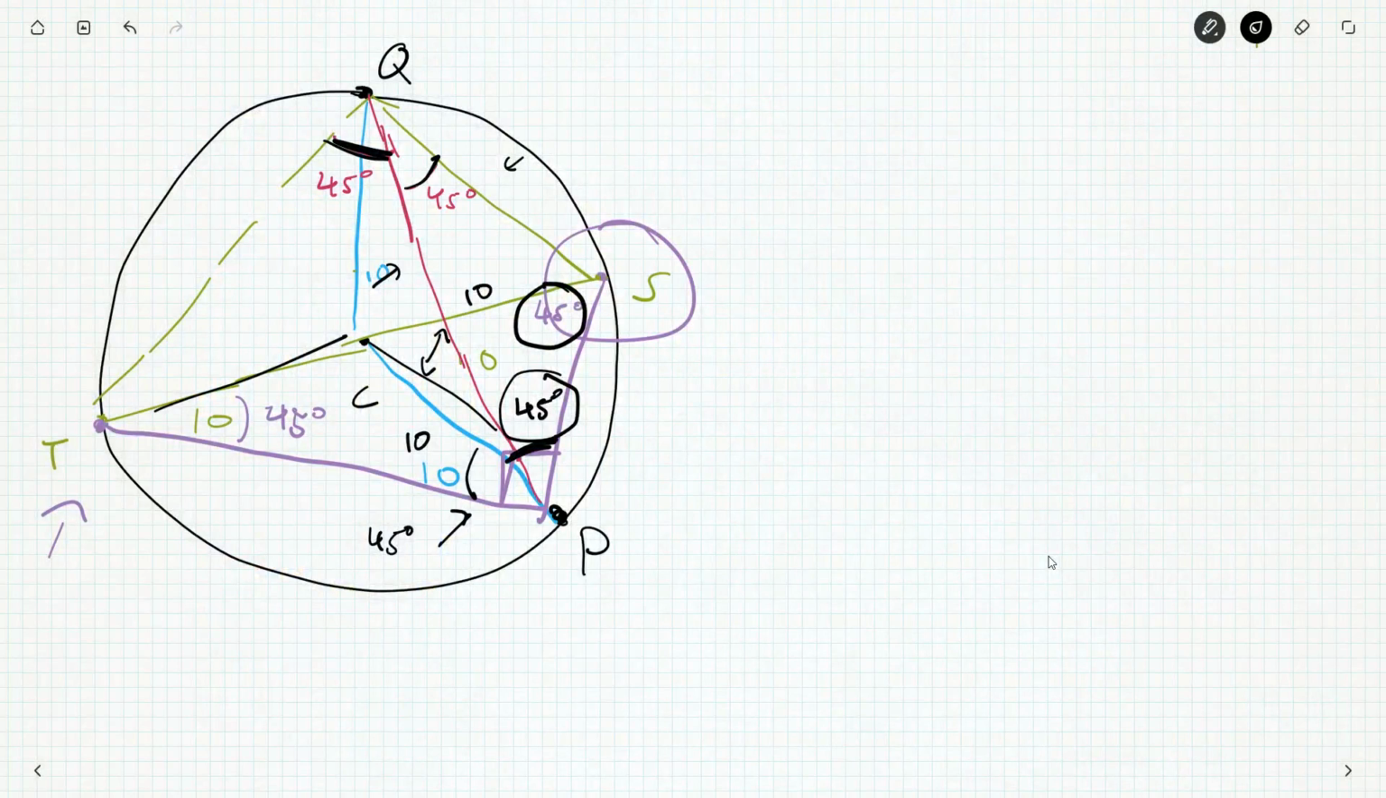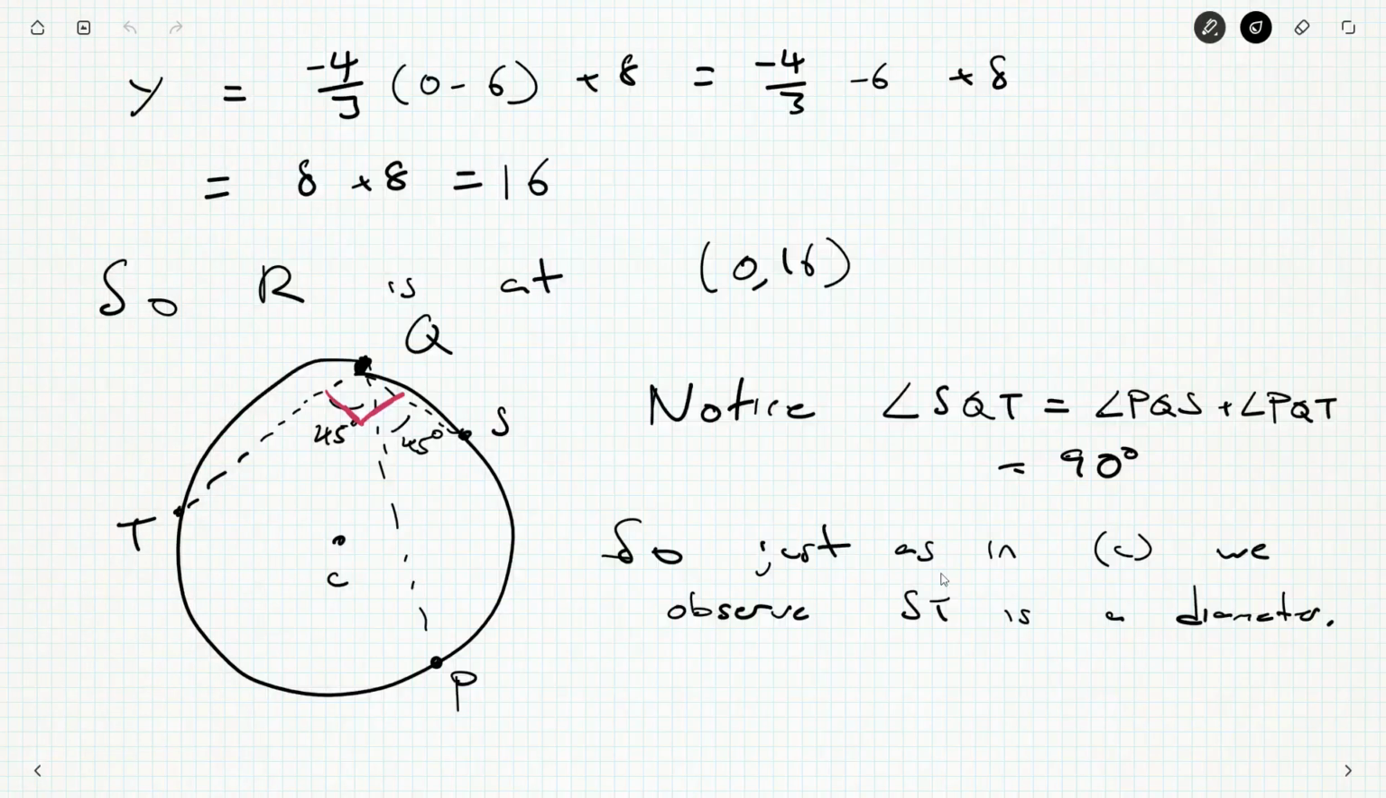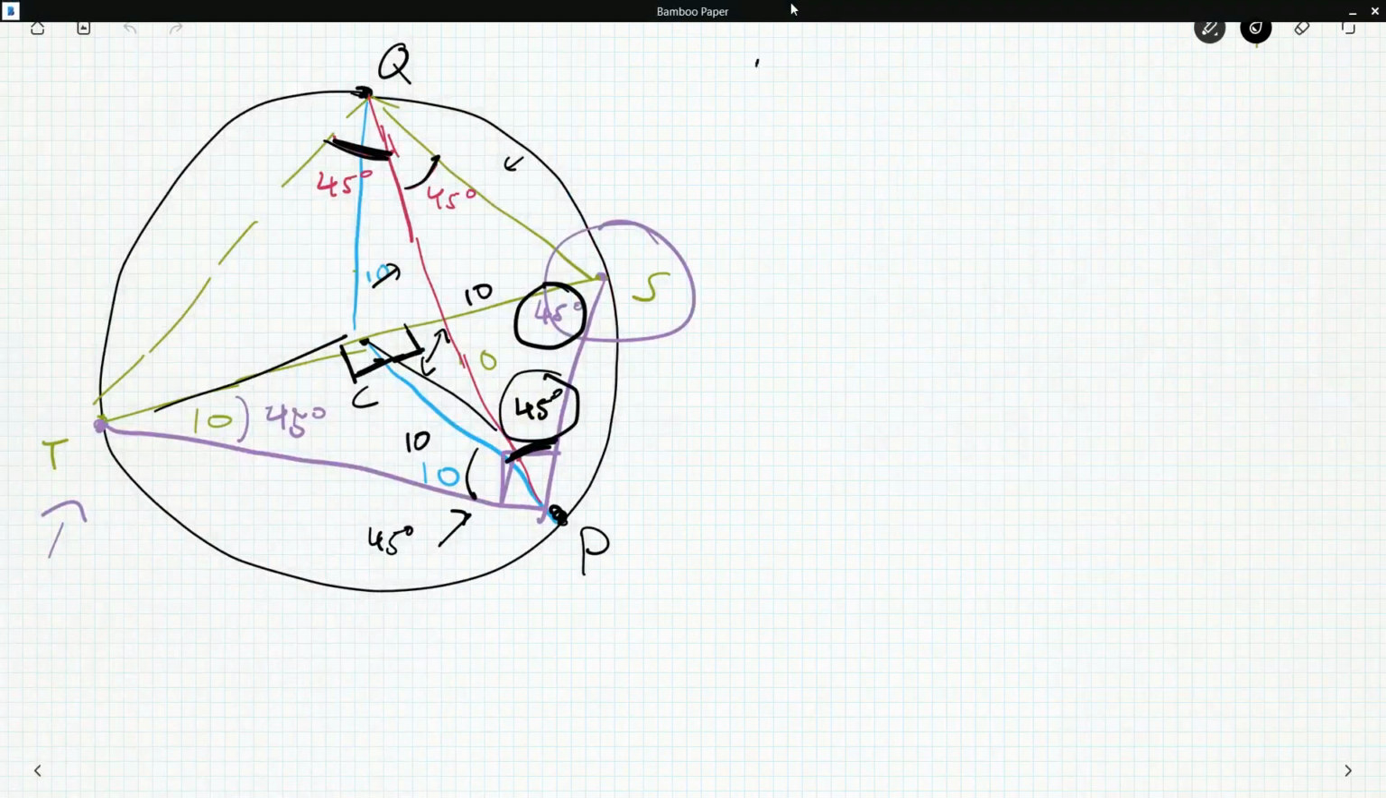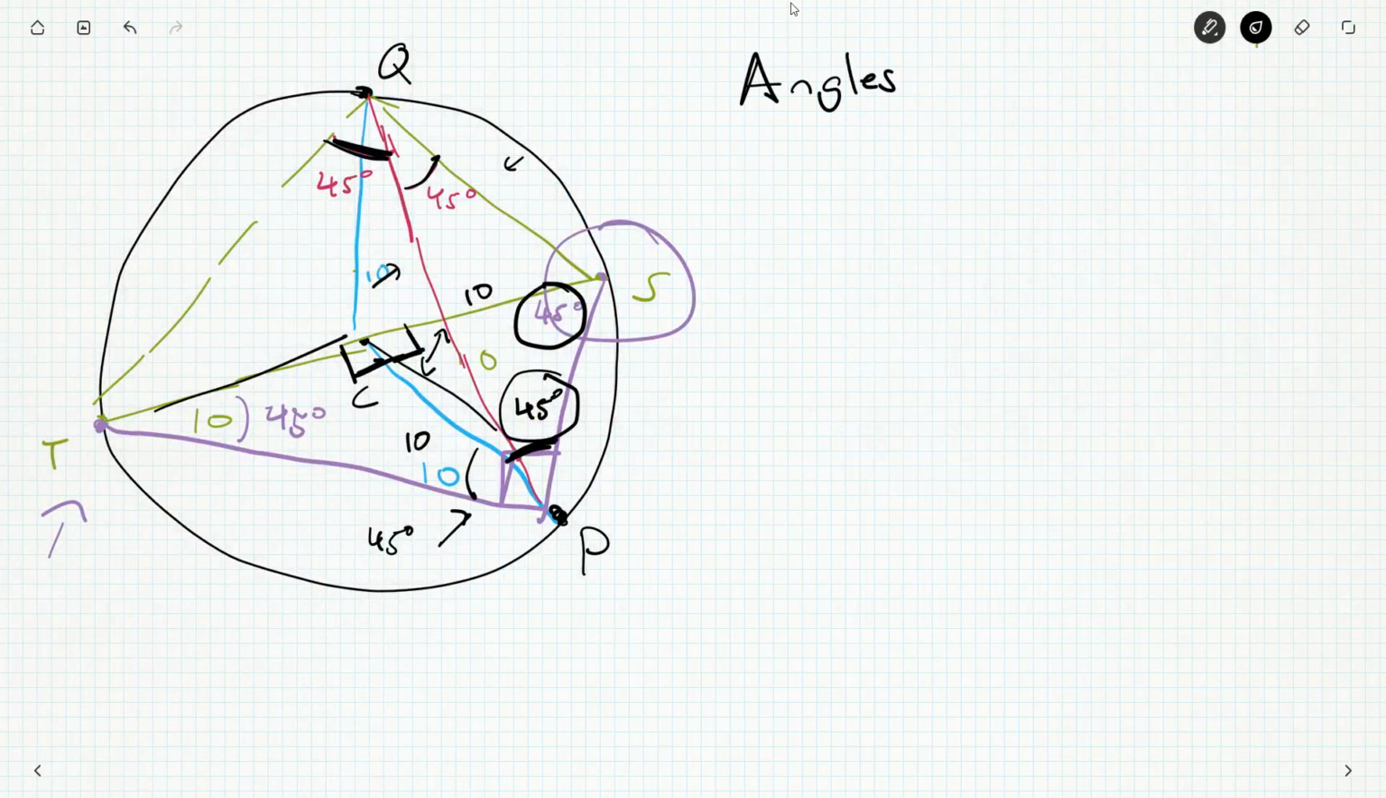45s, lots of 45s everywhere. And if those are 45s, then this guy here has got to be 90. And so that means PC is perpendicular to ST. Okay, there we go. Alright, so I can't remember what I did on the other page. I already observed in my notes ST is a diameter. Fine. Okay. Now, angles subtended by the same chord are equal. This